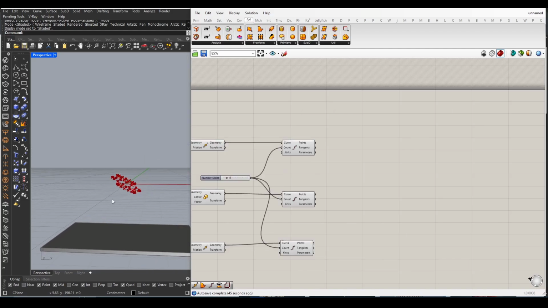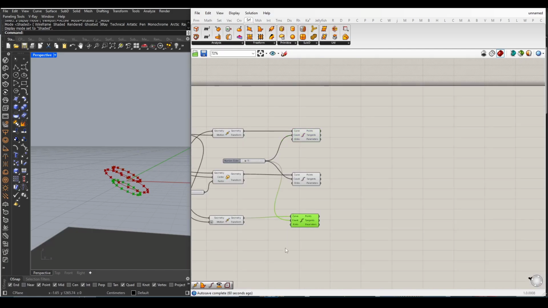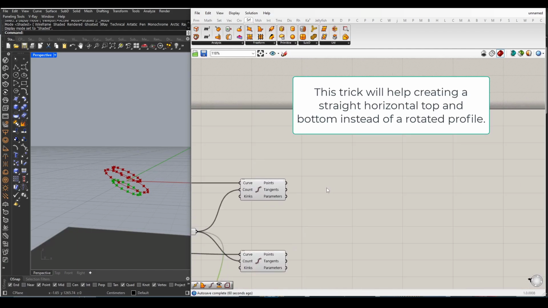Okay, now for the height of this lamp from this side and this side, I need to create a copy from these vertices here and then move them up. Same thing for these and move them down. So one trick I can use, I will put these points in a group. I will show you why I'm doing this, because in the end I want to straighten up these vertices. So I will choose group,